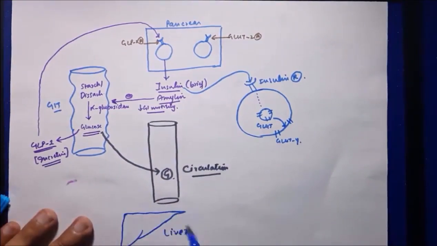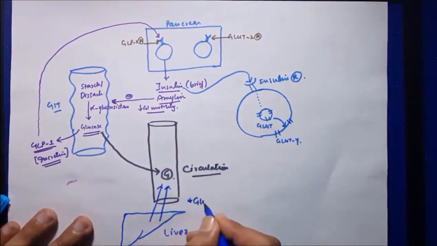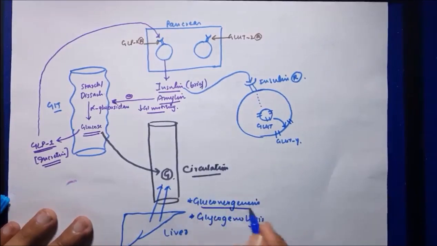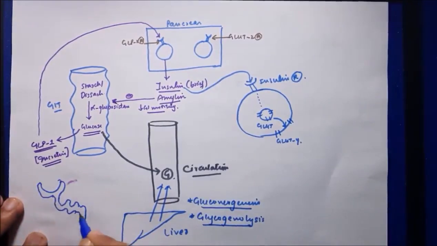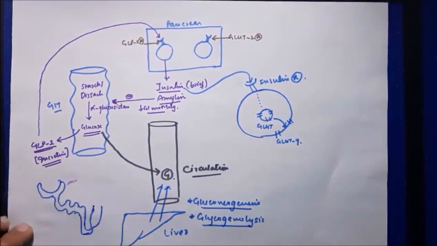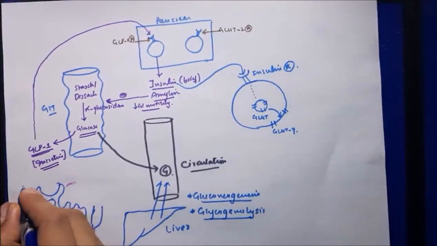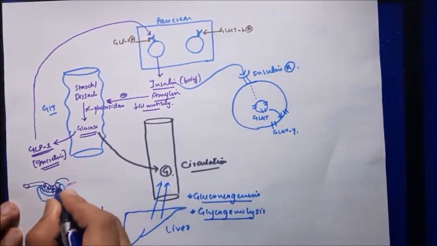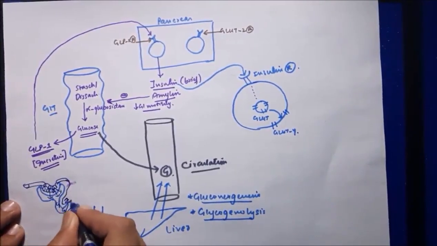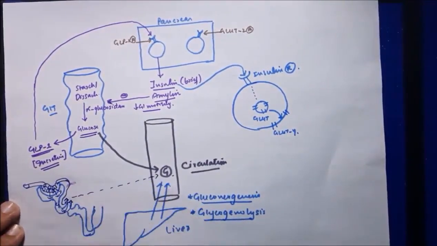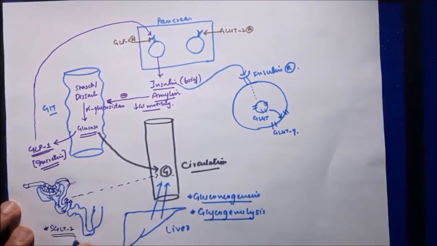However, glucose does not only come from the GIT, it also comes from the liver. By the processes of gluconeogenesis and glycogenolysis, glucose is synthesized, which goes into the blood, and also 100% of glucose is reabsorbed by cells in the proximal convoluted tubule, and the active transporter is known as SGLT2. So SGLT2 is responsible for reabsorption of 100% of glucose from the proximal tubule, and that glucose also goes into the circulation. Now this glucose will eventually be taken up by GLUT4 receptors into the cells.